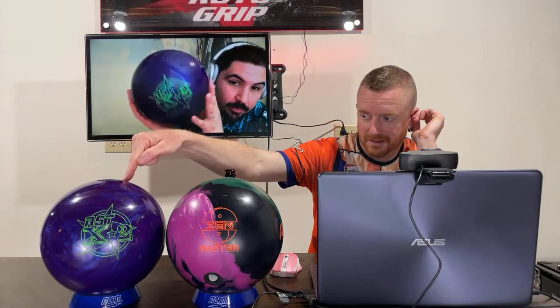This ball right here, one of the best looking balls I've ever seen. Aesthetically. So what layout do you guys have on yours? I'm going to flip mine towards the camera now. The pin is in the ring finger, so it's 4 3/4 by 3.5 by 3.5, and I love doing these